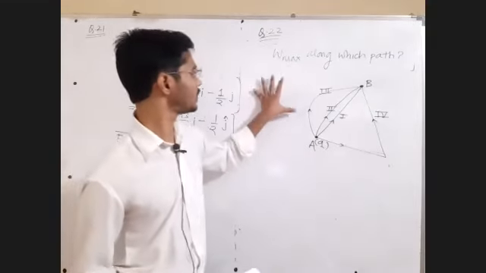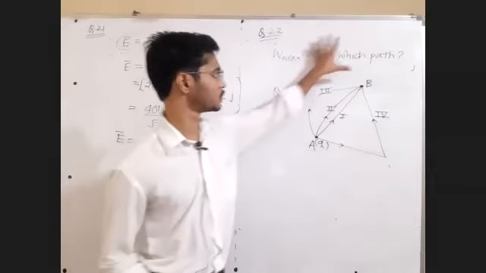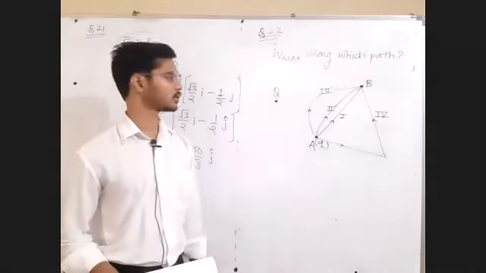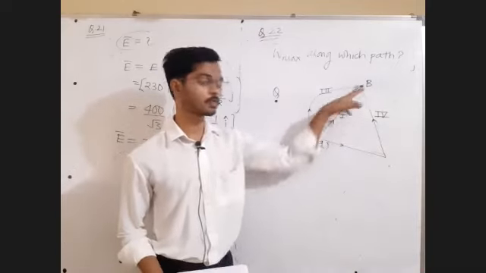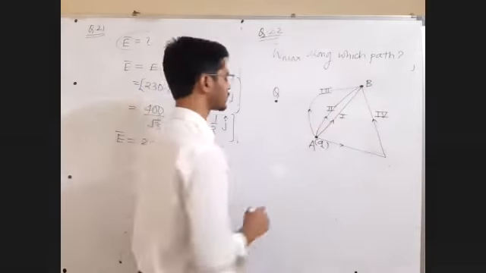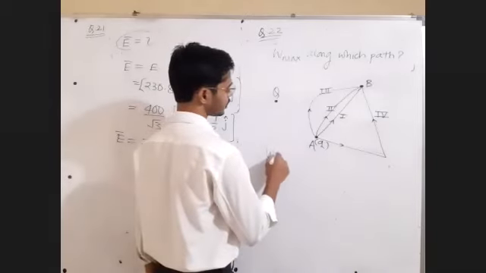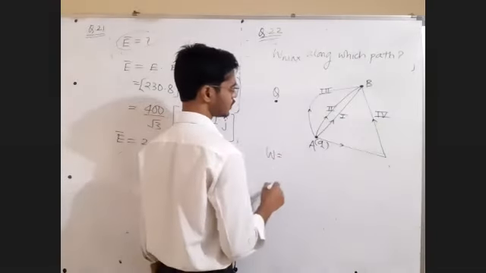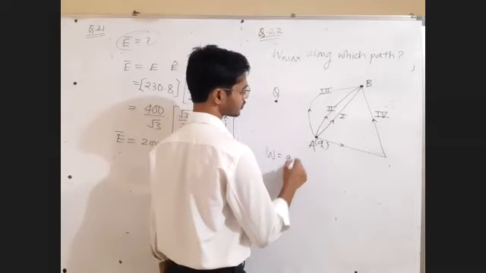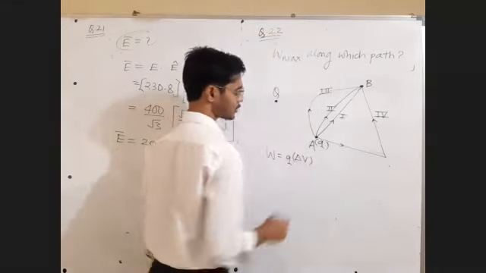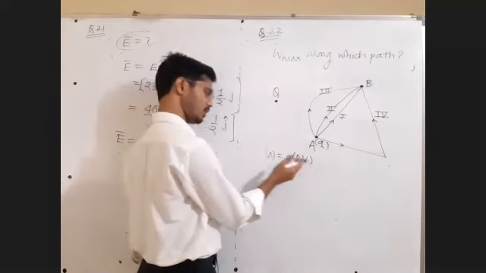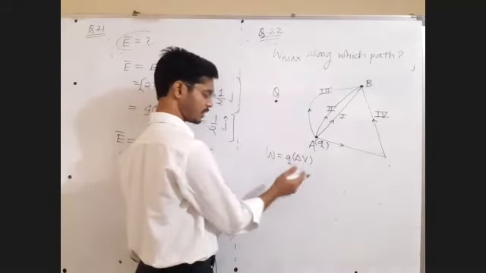In the electric field produced by this charge q, we have to move a point charge q from this point to this point. What is the formula of work done? Sir, the formula of work done is W equals V delta Q, or W equals VQ. That V is nothing but potential difference. You can say V into Q or Q into delta V.